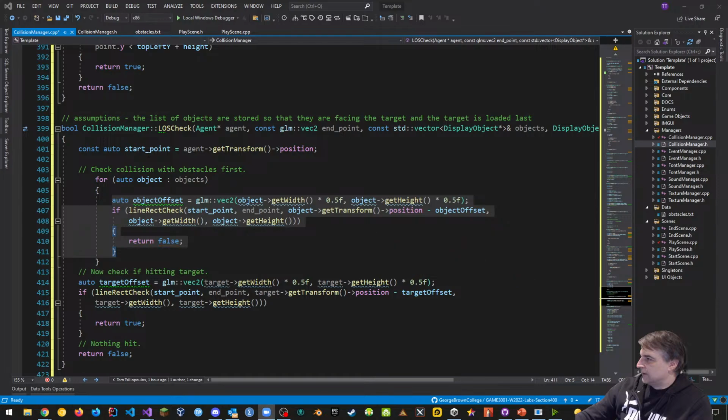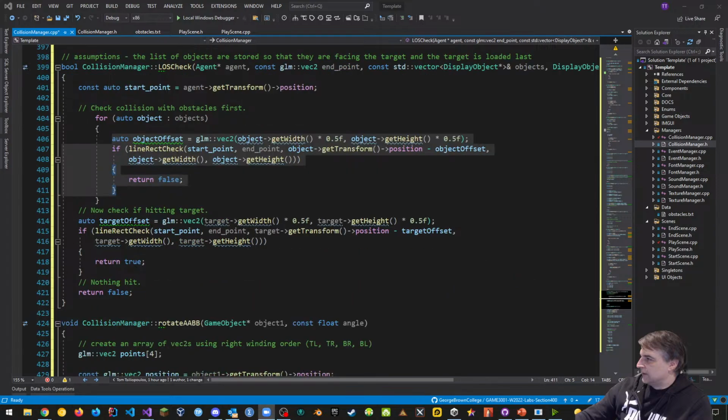And the next part is, okay, so auto target offset again, just like we kind of did before. And so target offset and object offset. So this is the object and this is the target. So, okay, let's do a line rect check from the start point, again, the point, to the end point. So wherever that's going, from the ship to the target, again, as an example.